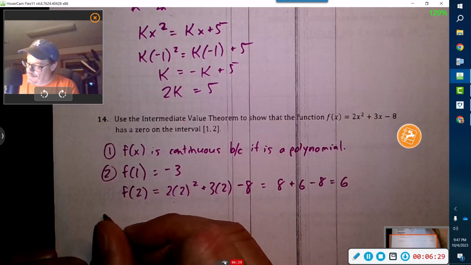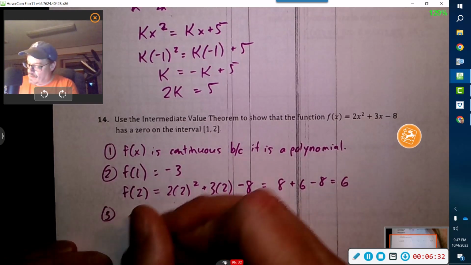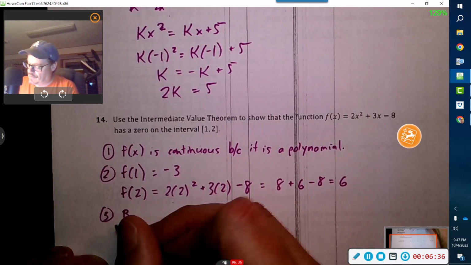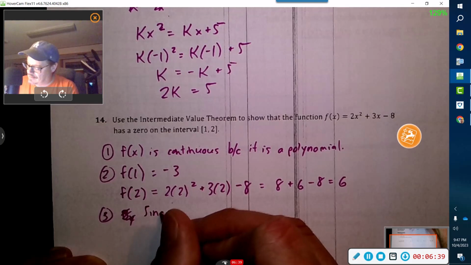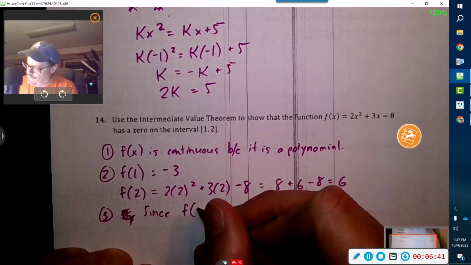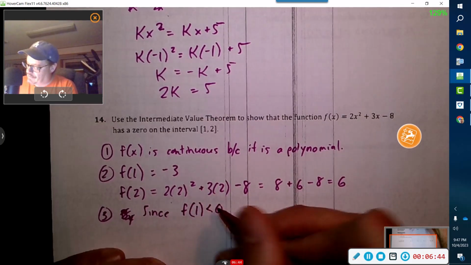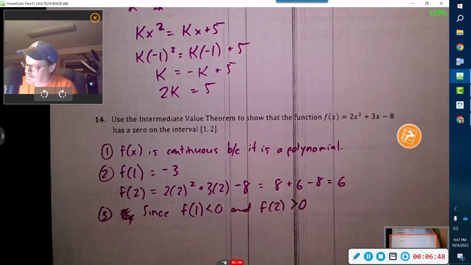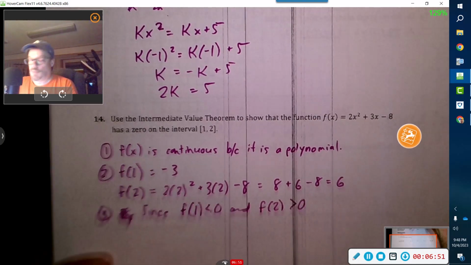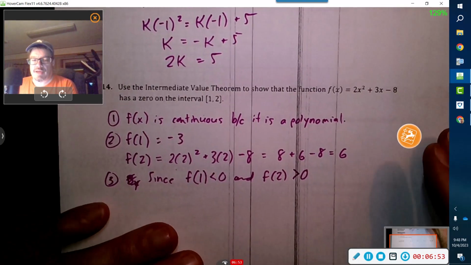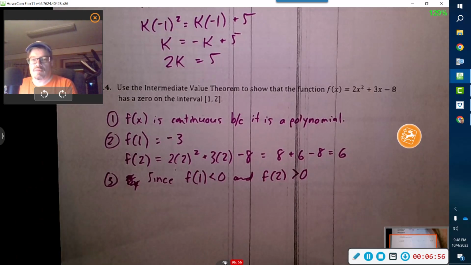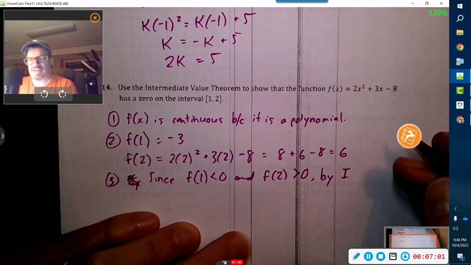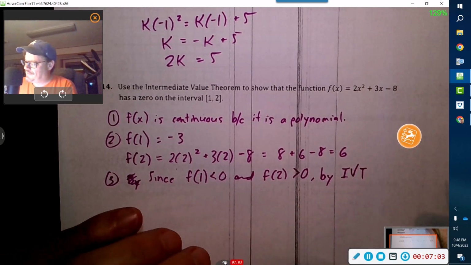All right, now part 3. By the IVT, and you can write this in many different ways. Since f of 1 is less than 0 and f of 2 is greater than 0, and we already stated that it's continuous, then by the IVT, did I say EVT before? By IVT,